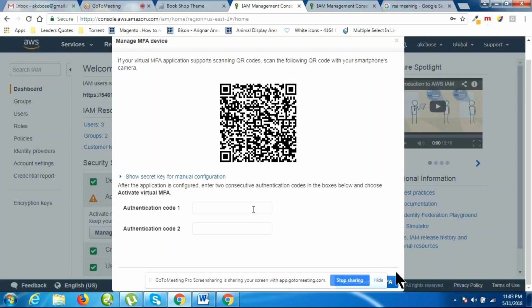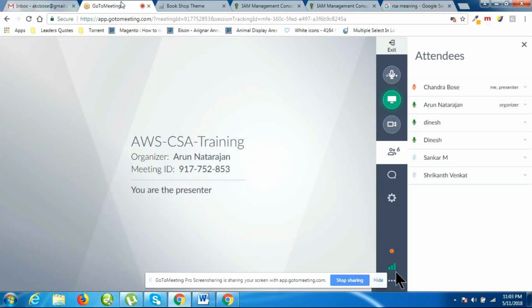The application will be gray in color. It's Google Authenticator, right? Yes, Google Authenticator.